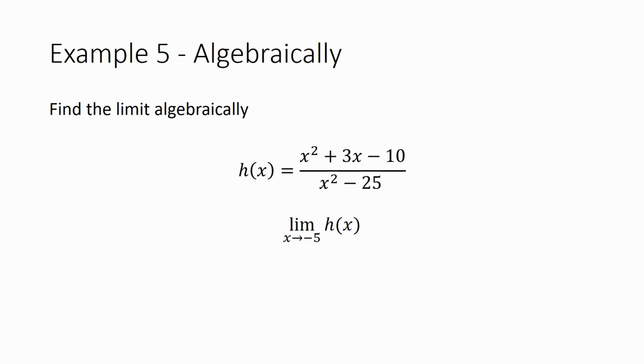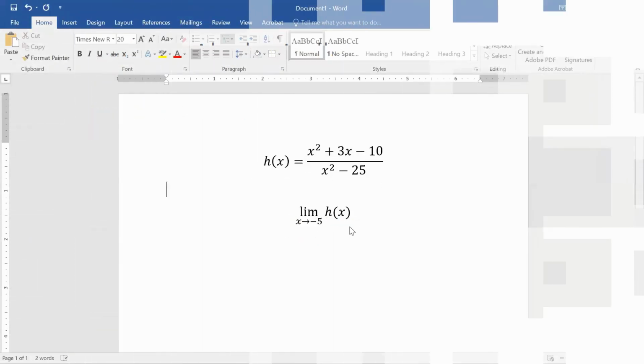So how does that affect our problem of finding the limit as x goes to -5 of my function h of x? Well, we're going to find that limit, and I'll show you what's going on. Sometimes, by the way, people will state that this is finding the limit algebraically. So algebraically, analytically, they can kind of be used interchangeably. So we're going to use some algebra skills in order to find this limit.